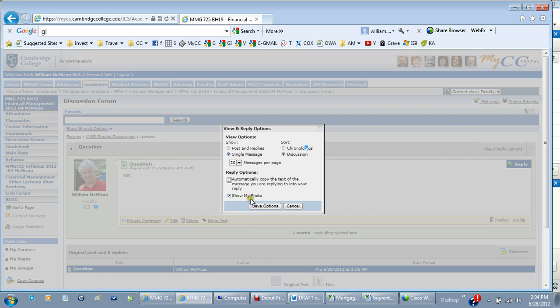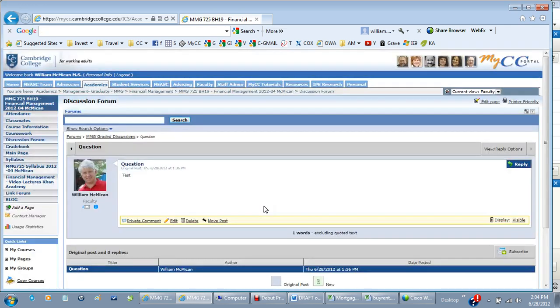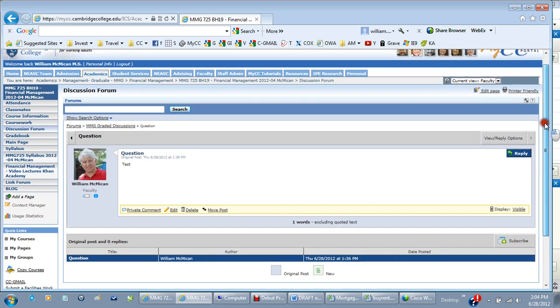And then finally, show my photo. This is the default for how you want it to be done. If you uncheck show my photo, your photo doesn't automatically get on the posting. And again, I'll show it to you 2 ways, but I'm going to save those options right now. And then at the bottom,